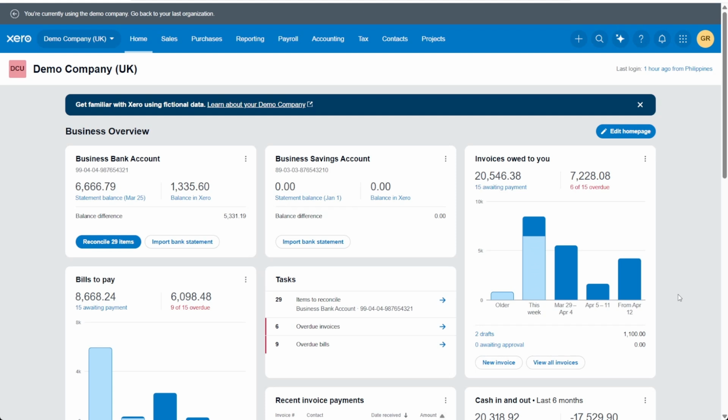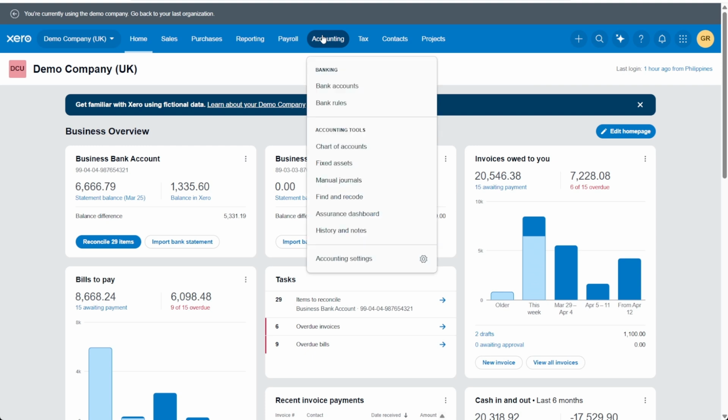In this video, I'll show you how to create an overpayment in Xero. Once you are on your Xero account, the first step is to head over to the top bar. And on the left-hand side, you want to click on the sixth option, which is accounting. Now, under accounting, you want to head over to the banking section, and down below, you want to click on